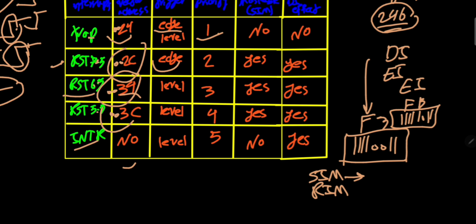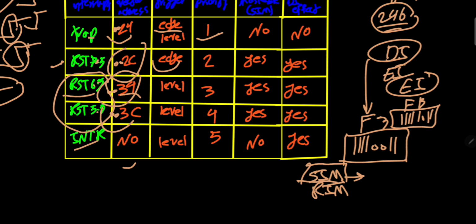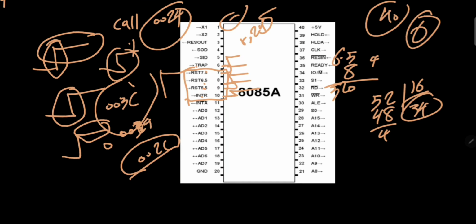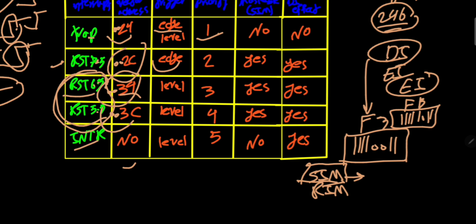All of them together, one by one, or anything that you want. As an example, let's say you want to disable these two interrupts. So you could say EI, you don't say DI to disable all of them. You say EI, and then using SIM, which we later talk about its format, to mask these two interrupts. It means that if at the pins of 6.5, pin number 8 and 9, whatever happens, the CPU would ignore them, but other interrupts would get attention of